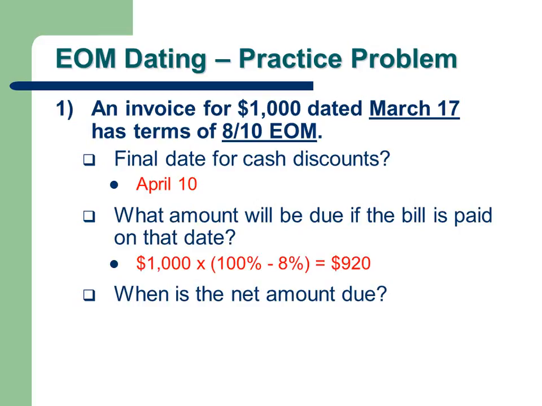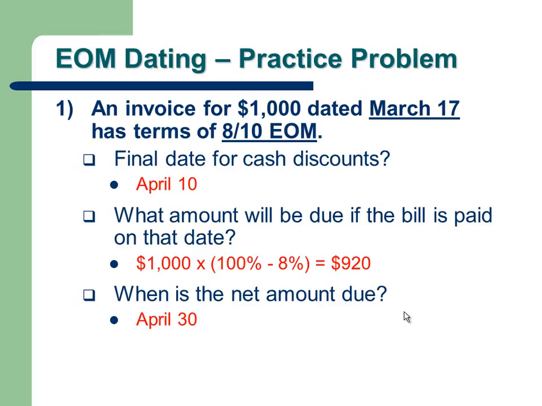And if you do pay the bill on April 10th, you're going to get an 8% cash discount, so 8% of the $1,000 bill will be taken off. So what you need to pay is $920. The absolute net payment due date is going to be April 30th. So if you pay between April 11th and April 30th, you're going to have to pay the full invoice of $1,000 because it's after the cash discount period. So you're not going to get the 8% cash discount, but you don't have to pay any late fees. You just have to pay the full invoice of $1,000 if you pay between April 11th and April 30th.